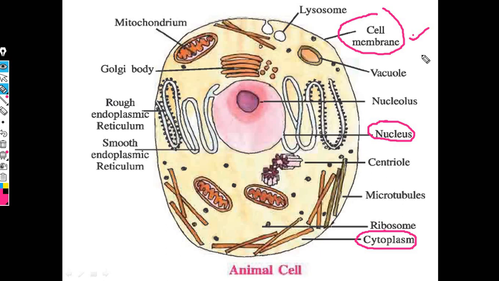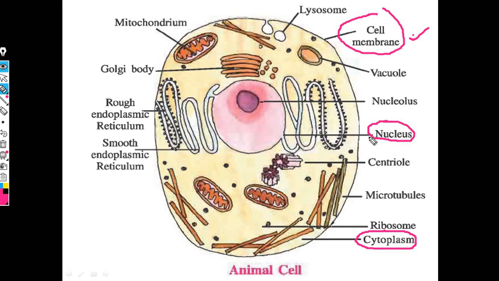Remember that the cell membrane in every organism is almost the same. That means it is made up of a phospholipid bilayer, which has some proteins. This structure we will learn as the fluid mosaic model whenever we go through the details of the cell membrane. But it is made up of a phospholipid bilayer, and that is the same for all living organisms. Roughly the size of the cell membrane is also the same, and that is 75 angstrom, where 1 angstrom is equal to 10 raised to minus 10 meter. Those are the dimensions regarding the size of the cell membrane.